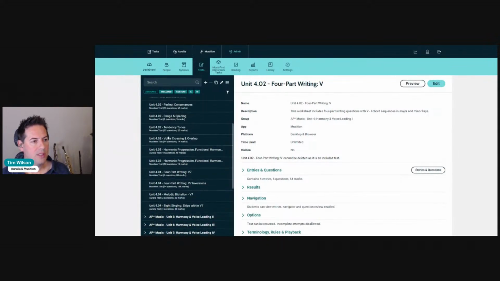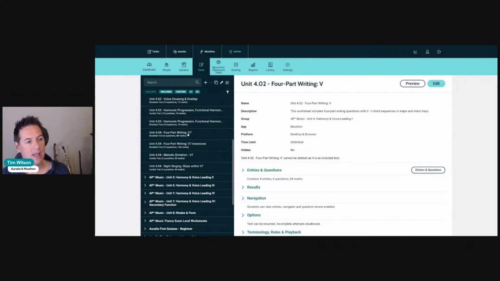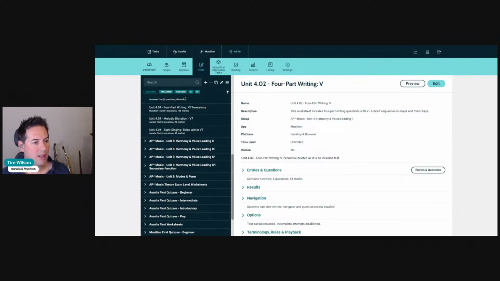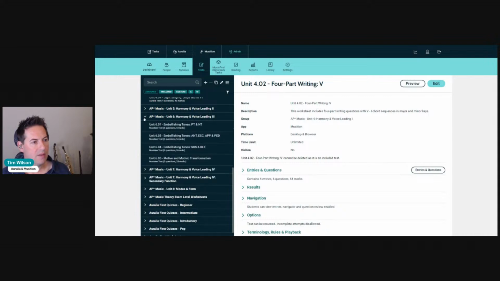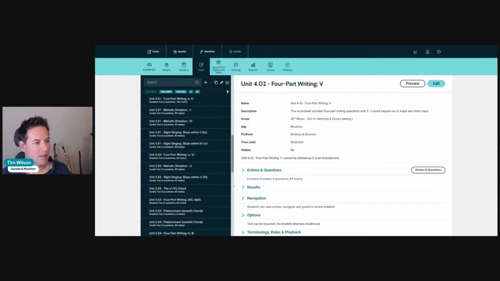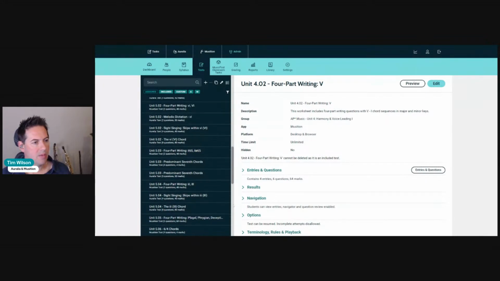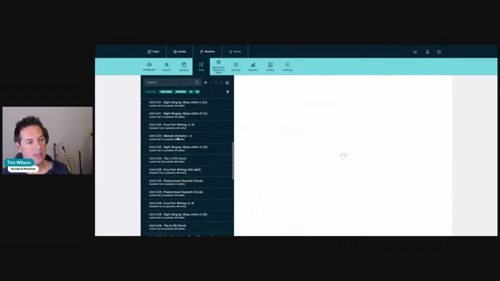So moving on, dealing with tendency tones, voice crossing and overlap, all sorts of other fun elements here, getting into 5/7 chords and inversions. And we might skip ahead a little bit here now. So dealing with embellishing tones,